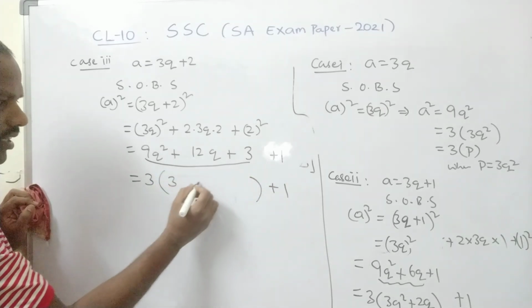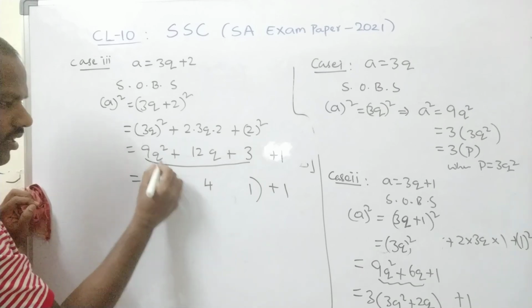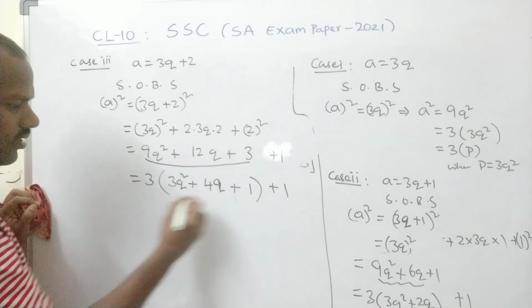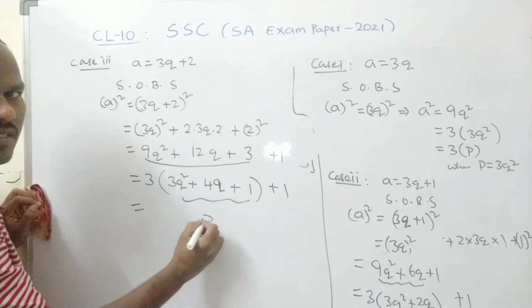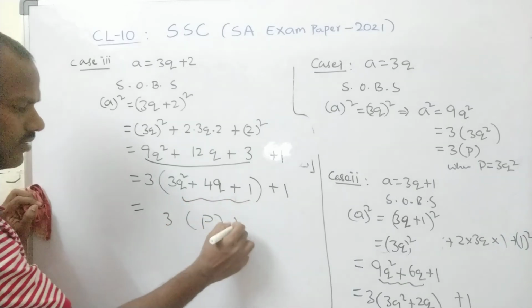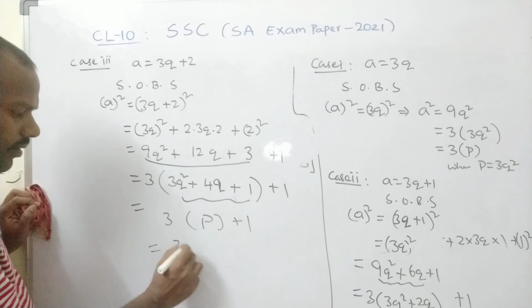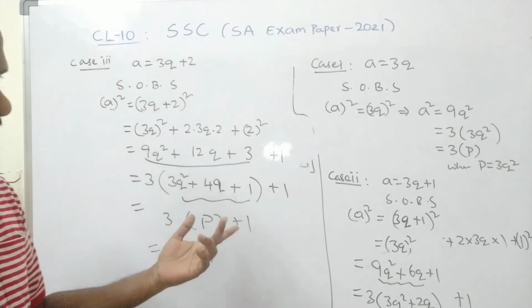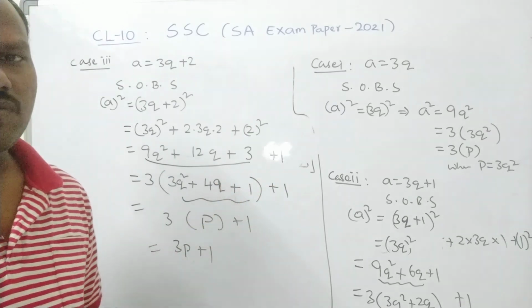So 3 3s are 9, 3 4s are 12, 3 1s are 3. Q square is there, right? Q square plus 4Q plus 1. So this entire part we have to consider as p. So 3p plus 1. So all the 3 numbers gave either of the formats, either 3p or 3p plus 1. So therefore...